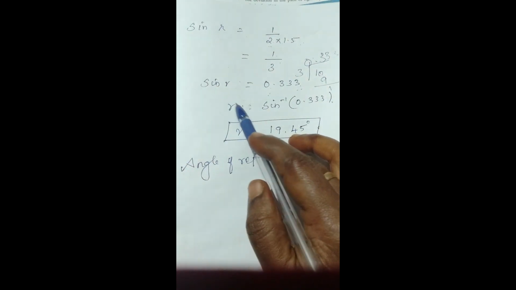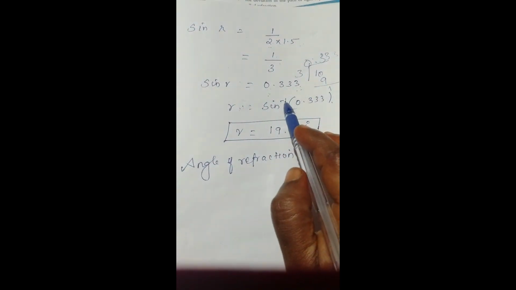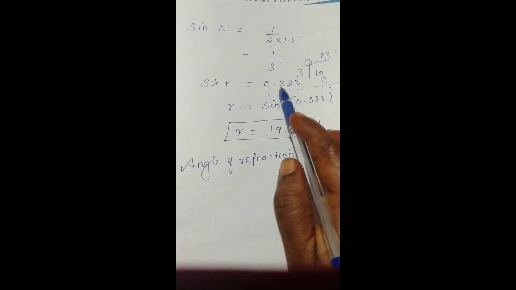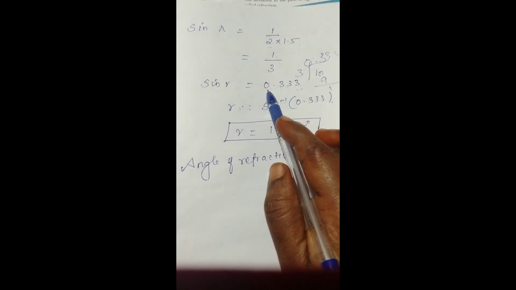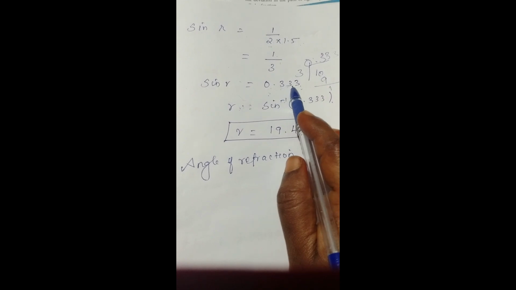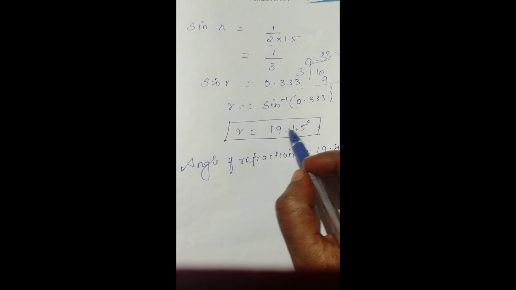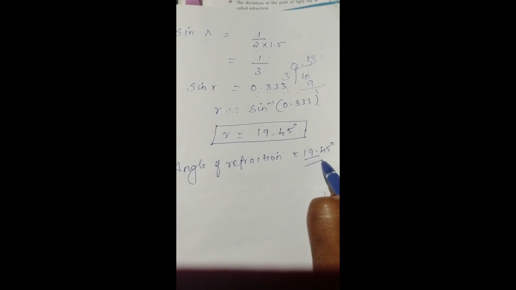From this you can calculate the angle of refraction r. So take this sine value here, so it will become inverse. Sine inverse 0.33. Now you have to check the logarithmic table. For this value, what is the corresponding angle? So you have to take your logbook and check this value. Already you learned this in 9th standard maths, is it? So 0.33, what corresponding angle is there? So it is 19.45 degree. So the angle of refraction is equal to 19.45 degree. This is the first problem.